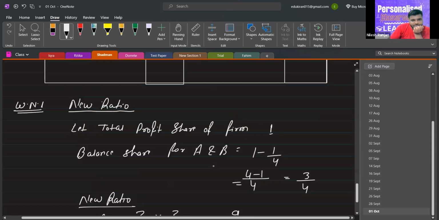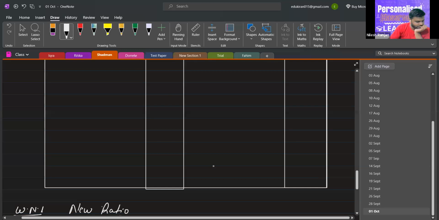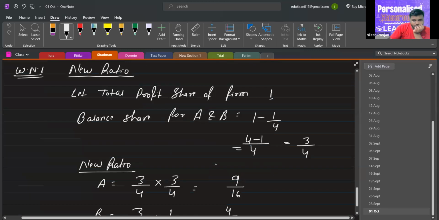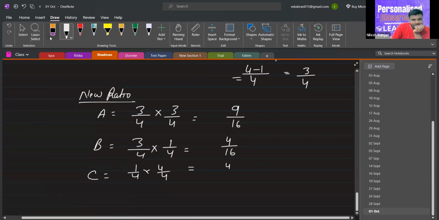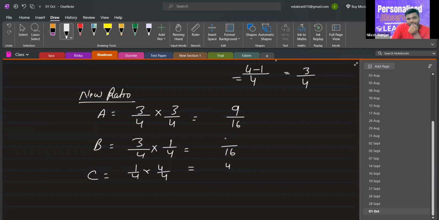Sorry, it is not 4/16, it is 3/16. The total denominator should be the same. So I total it. It was 9, 4, and 4. It becomes